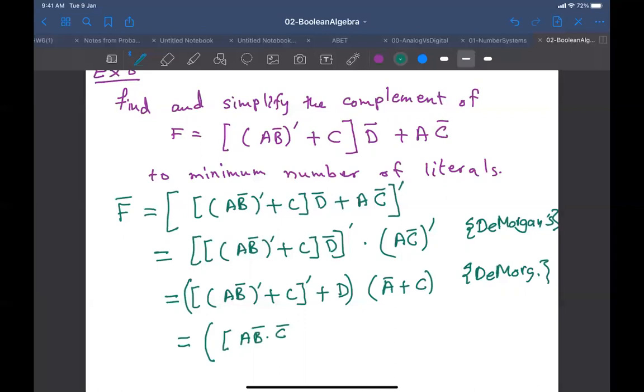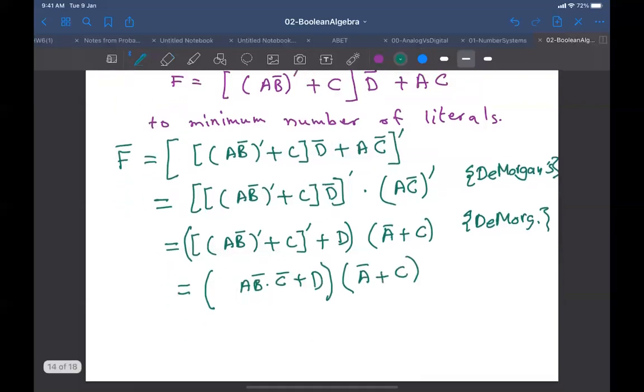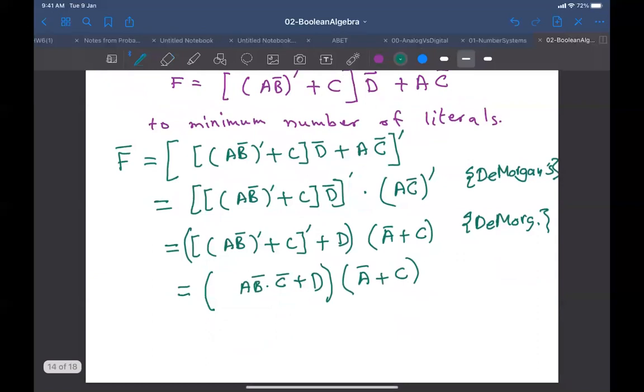The outside bracket is also not required because the AND has a higher precedence than the OR. But I still need the bracket here. This is A complement ORed with C. So this is the last, let me just copy this over to the next page